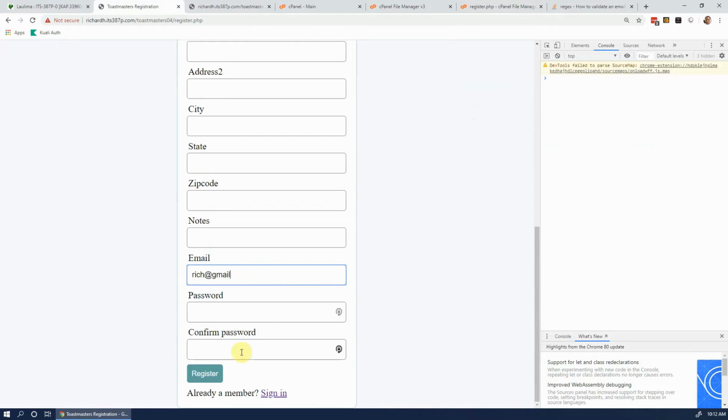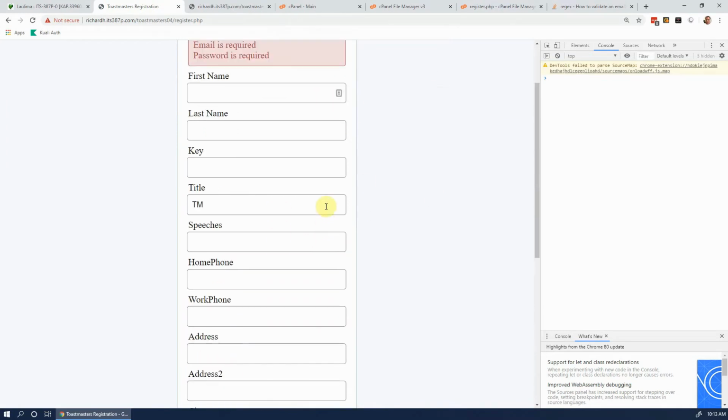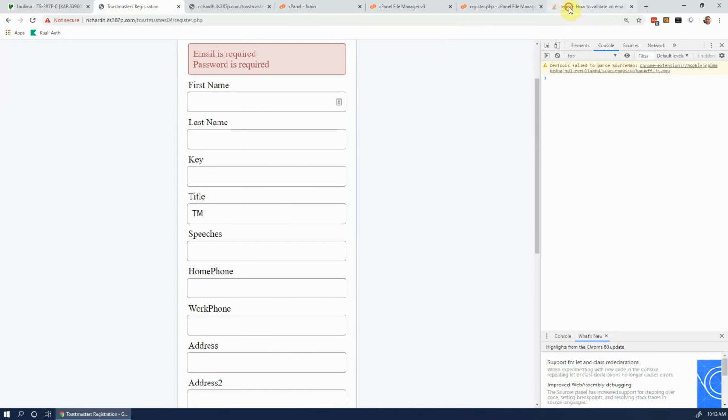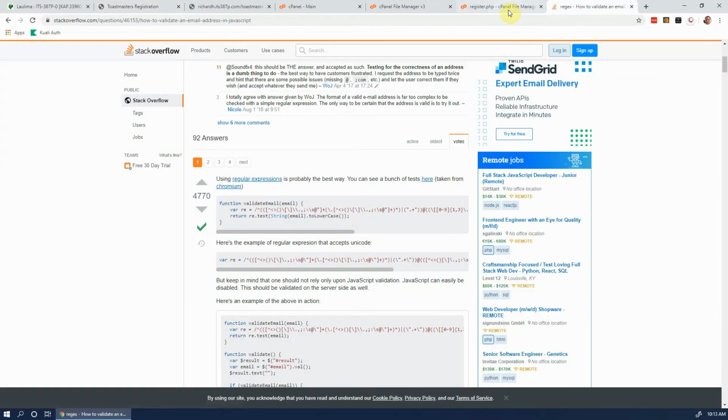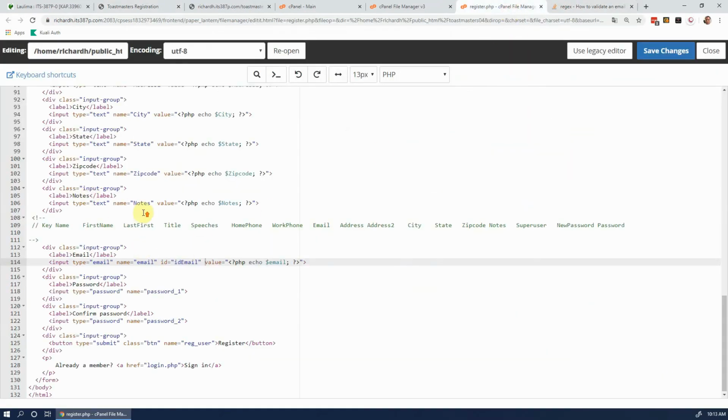I'm going to do rich@gmail. Enter a valid email address. Okay, rich@gmail.co. That's probably valid. Okay, so that is a clever way using the web to add code to your form